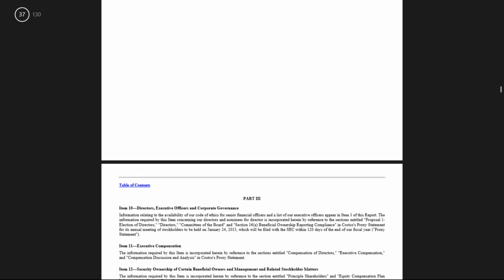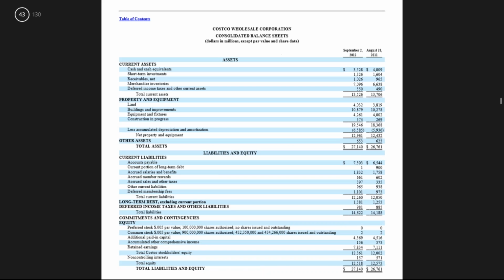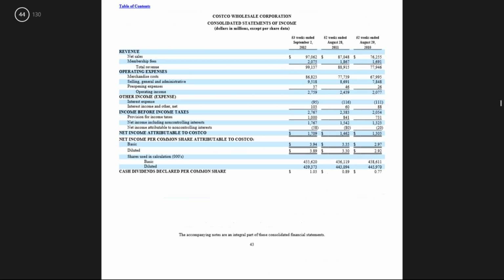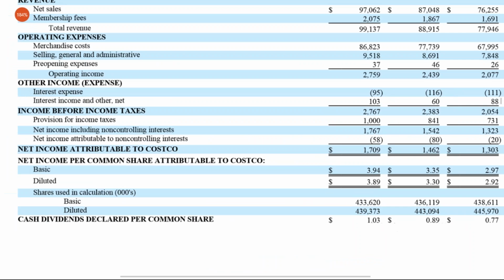Okay, we're starting to get into the financials here. It looks like they moved the financials to an appendix. Here's a balance sheet, getting closer. Statement of income, very simple. Okay, here's a statement of income. Now,